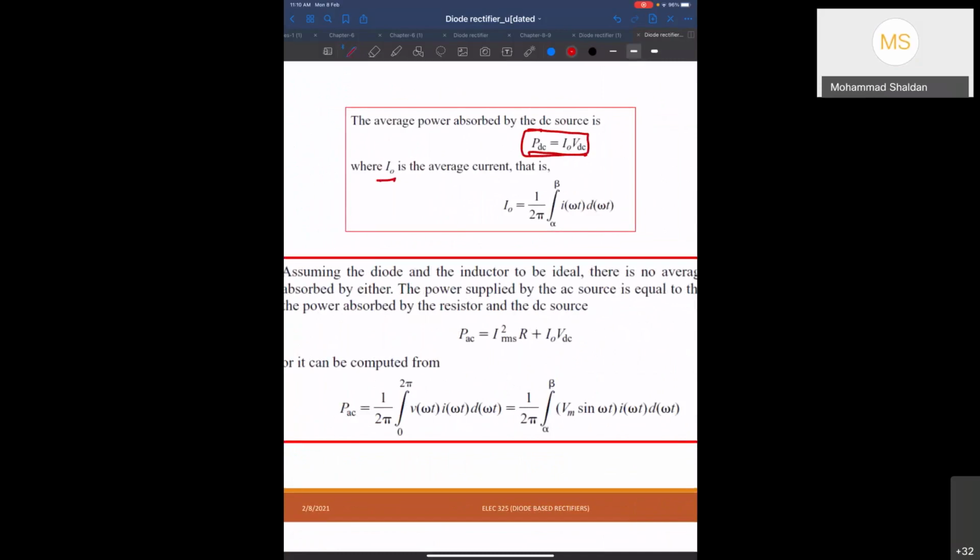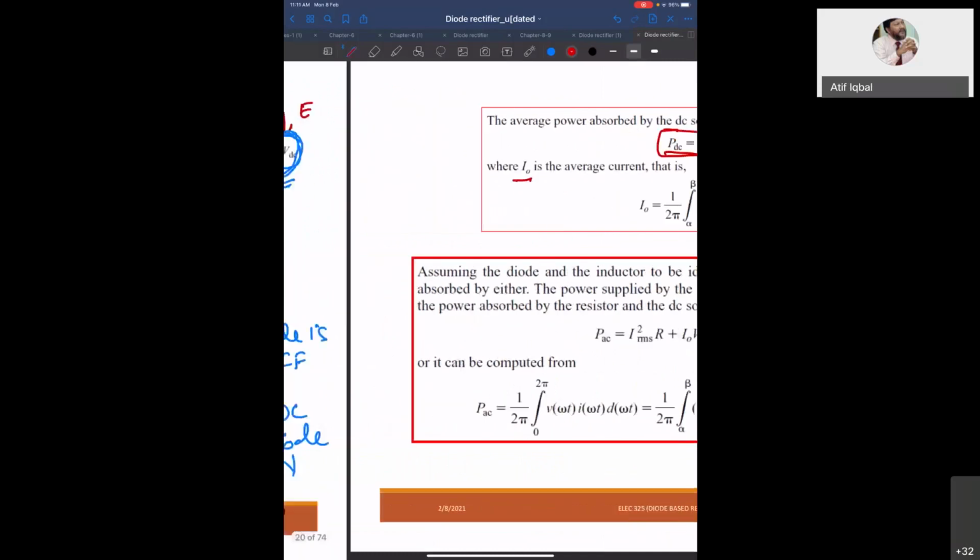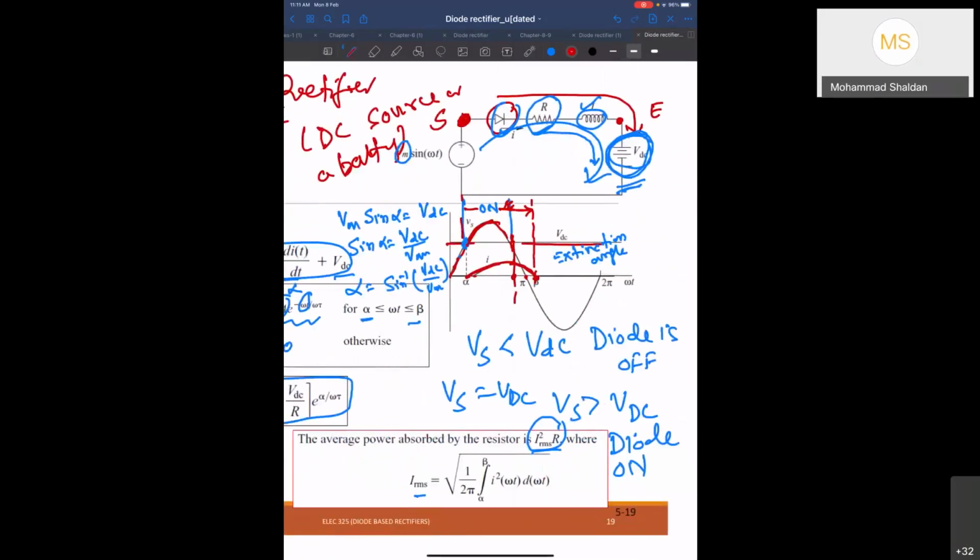Yes. Can you please go to the previous slide? So you mean the voltage should be shifted up to beta? It will be off at beta, the voltage also, or the graph is right? You said no. You see how the voltage will be. This is the current waveform. So the voltage from here to here, if you want to see the voltage across the load, the voltage across the load will be like this.